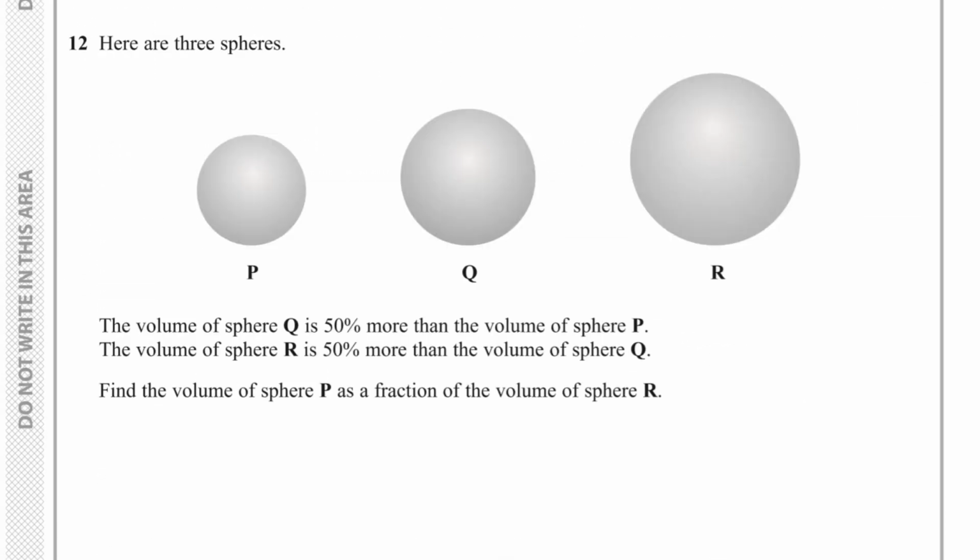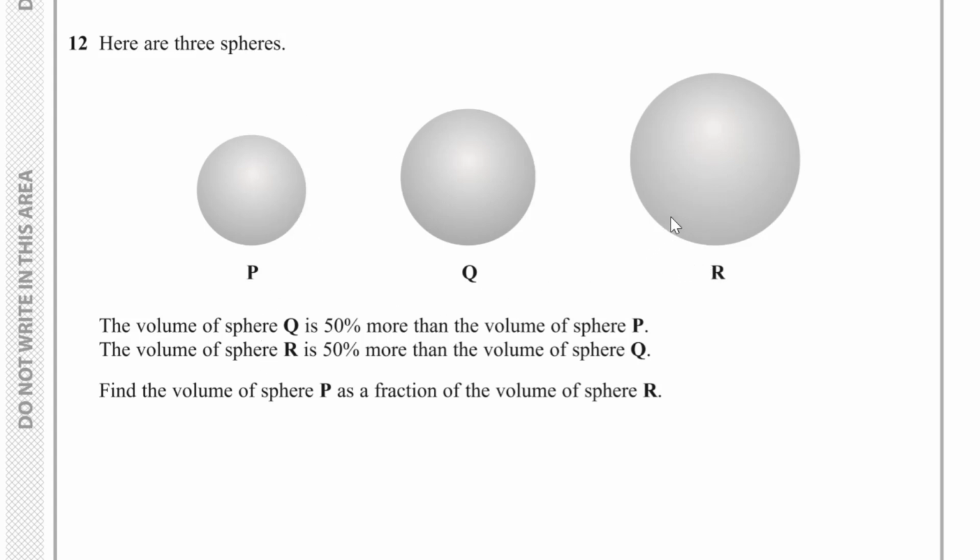For question 12, we've got three spheres here, P, Q and R, and the volume of Q is 50% more than the volume of P, and the volume of R is 50% more than the volume of Q, and we have to find the volume of P as a fraction of the volume of R. Now,